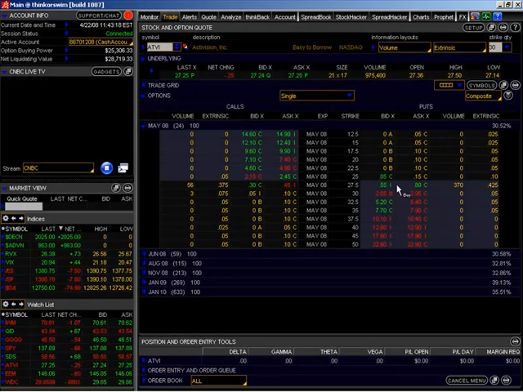See, as long as the stock does not move, all of these options will continue to decline in price if they have extrinsic value. Now the prices of the options, these are called in-the-money options. The in-the-money options have some component of what they call extrinsic value and some component of intrinsic value. And the way you can determine intrinsic and extrinsic value is simply by taking the strike price of the option. In this case, we're taking a look at the May 20 calls, and they're priced at $7.40.